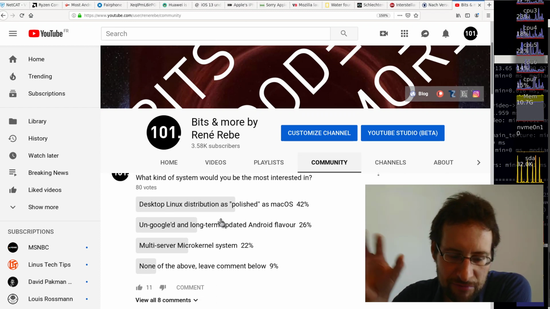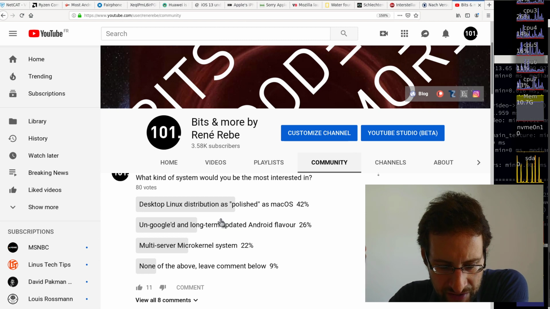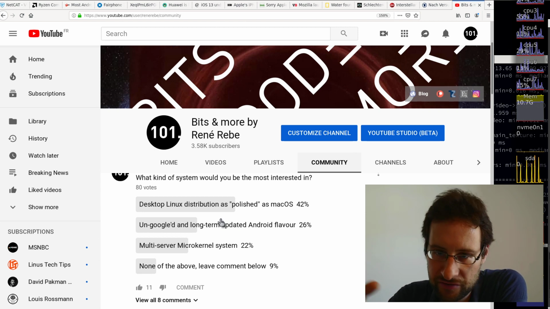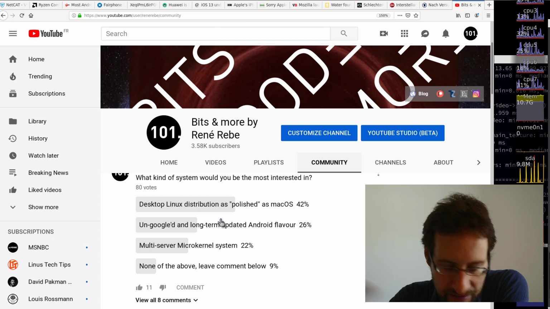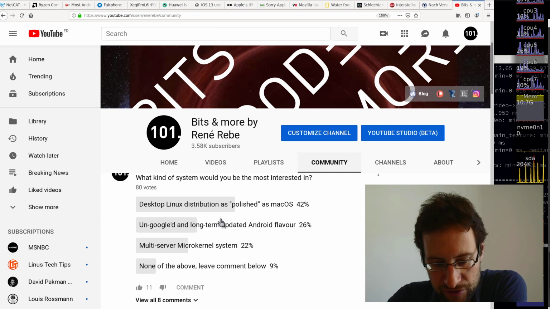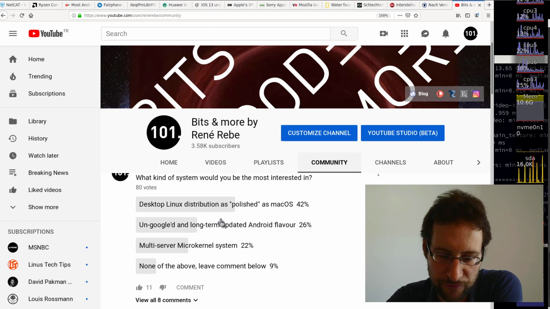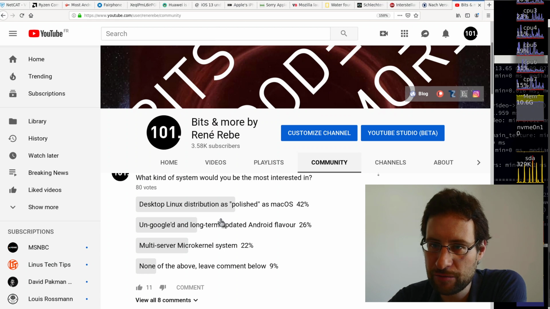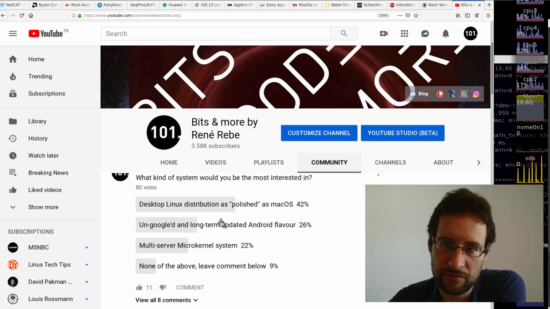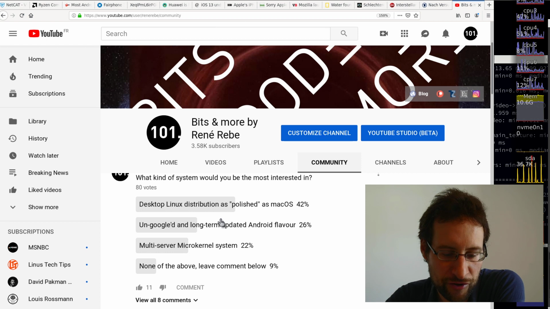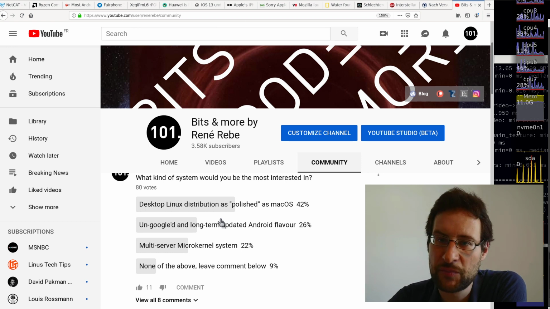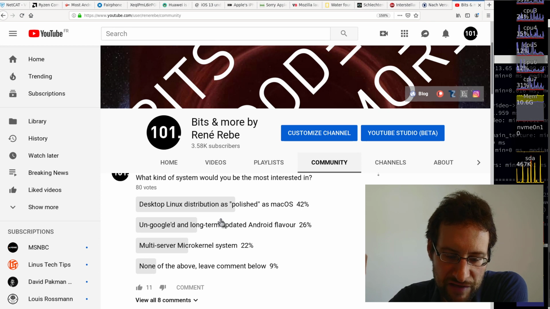Anyway, I'm extremely surprised that, of course, people would say in the comments, yeah, not yet another Linux distribution. But I would have expected more people wanting a totally new, more modular, more stable microkernel, or maybe Android, because people are tired of all the Google and vendor Android versions. But it's a total surprise to me that 42% voted here for a desktop distribution as polished as